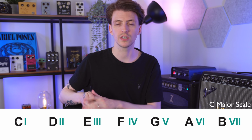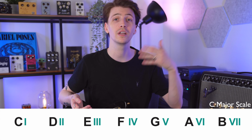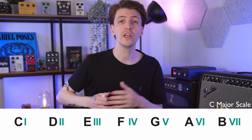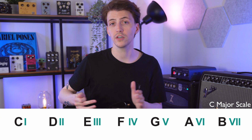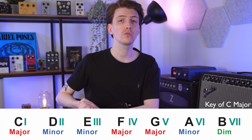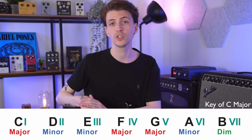So each one of these notes is going to have a corresponding chord, right? We're going to have a C chord, a D chord, an E chord, an F chord, G, etc. But through the major-minor formula, we know which ones are major and which ones are minor. So 1, 4, and 5 are always going to be major chords. 2, 3, and 6 are always going to be minor chords, and then that 7th chord is going to be